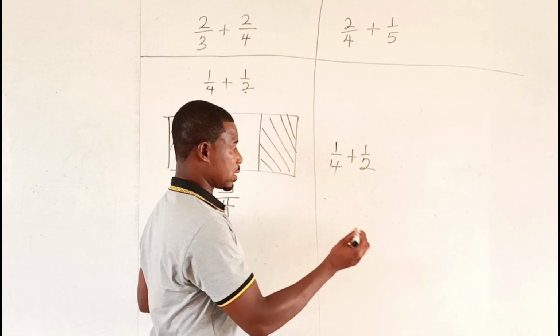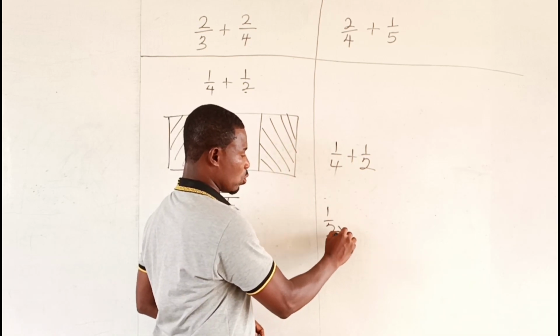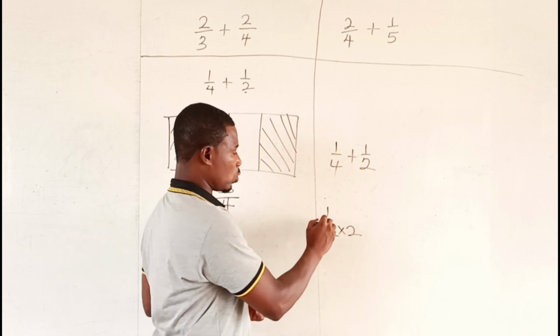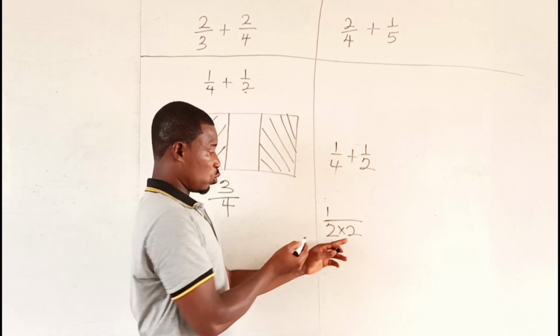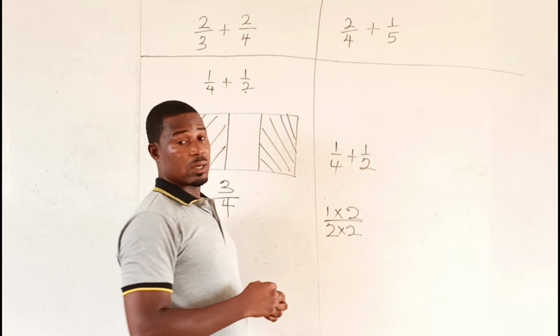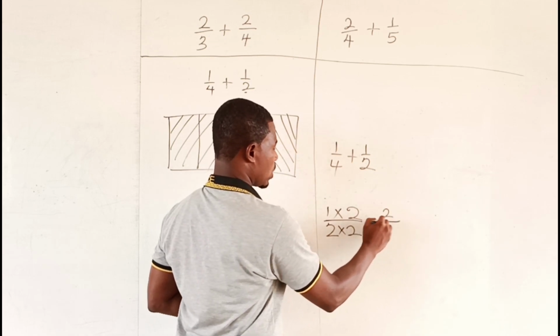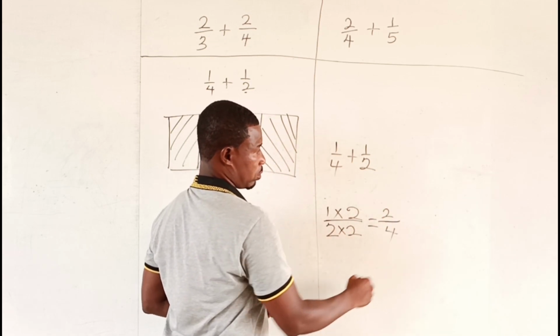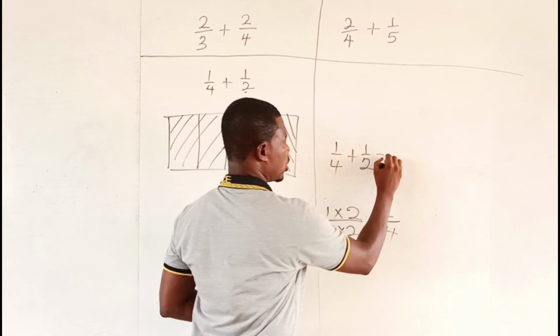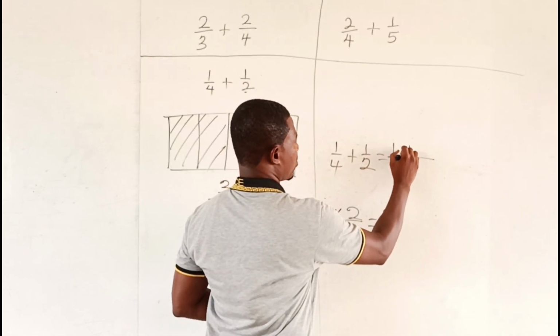And so let's come here. What can we do to 2? We'll have to multiply it by 2. If we multiply 2 by 2, it means that we'll do the same thing for the numerator. And that will give us 2 out of 4. And so this in decoding will be equal to 1/4 plus